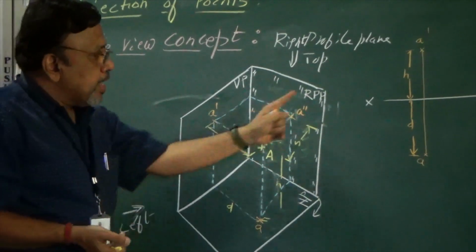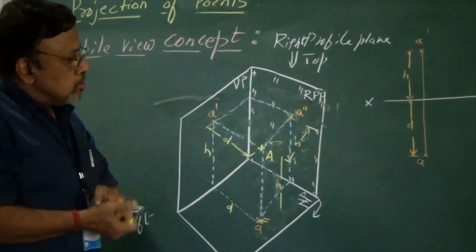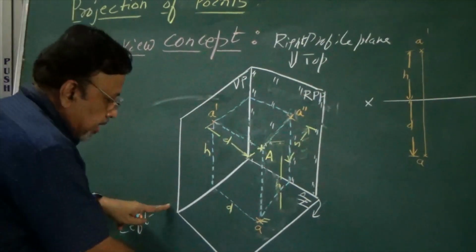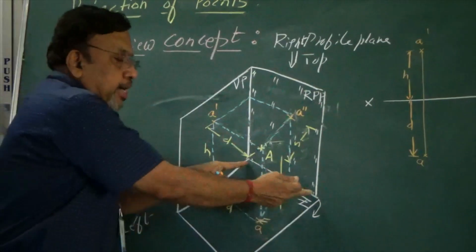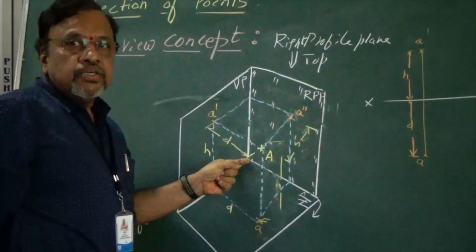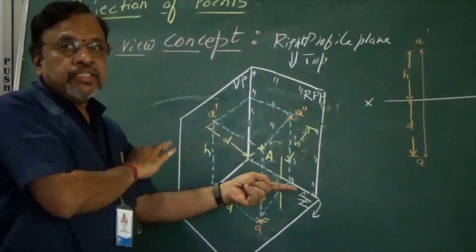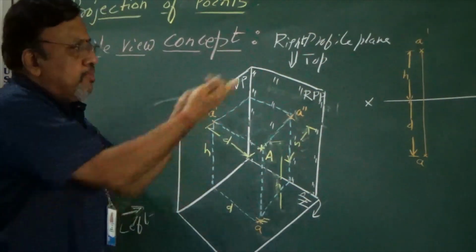Now we have also added another plane, that is the right profile plane. Now how do you rotate it? Common sense. I rotate it in this way. How do you rotate this? Are you going to rotate like this or in the other way? Because if I rotate like this, what will happen? It overlaps with the front view. Already we have the front view now.